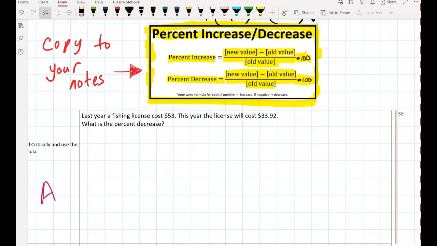Last year, a fishing license cost $53. Remember, if I highlight it, you need to write it. This year, the license will cost $33.92. What is the percent decrease? So obviously the amount went down, the decrease. So if we want to find the percent decrease,